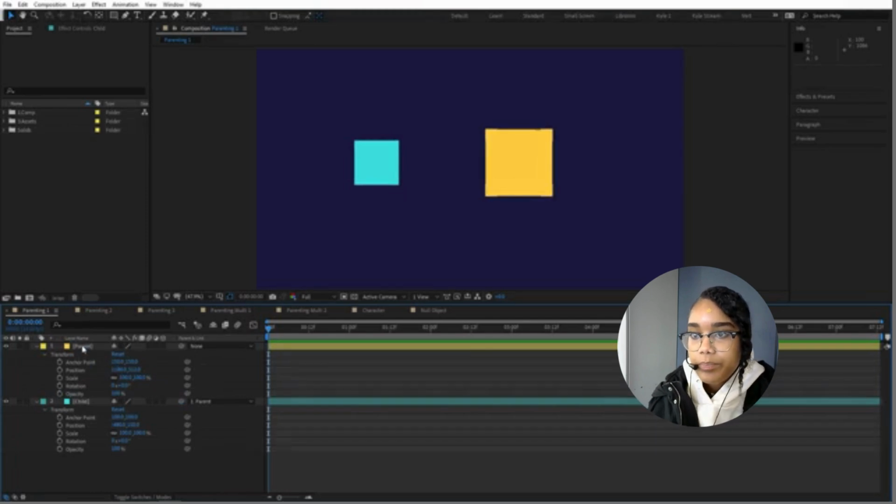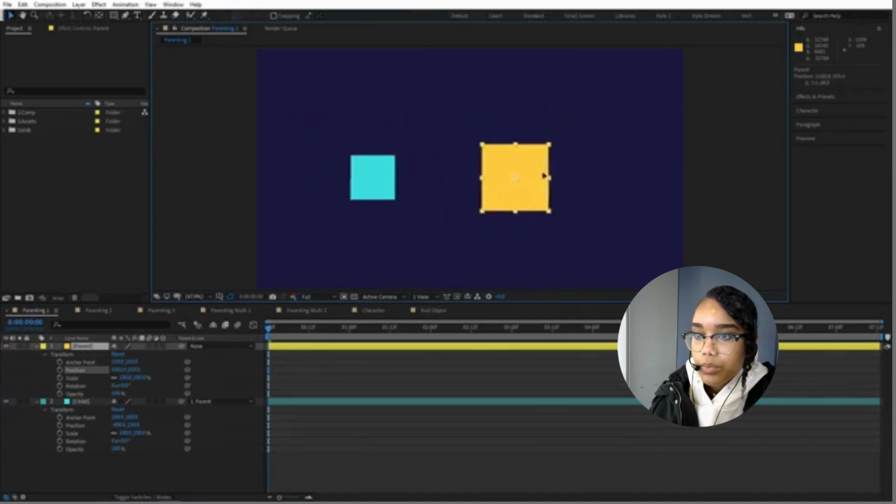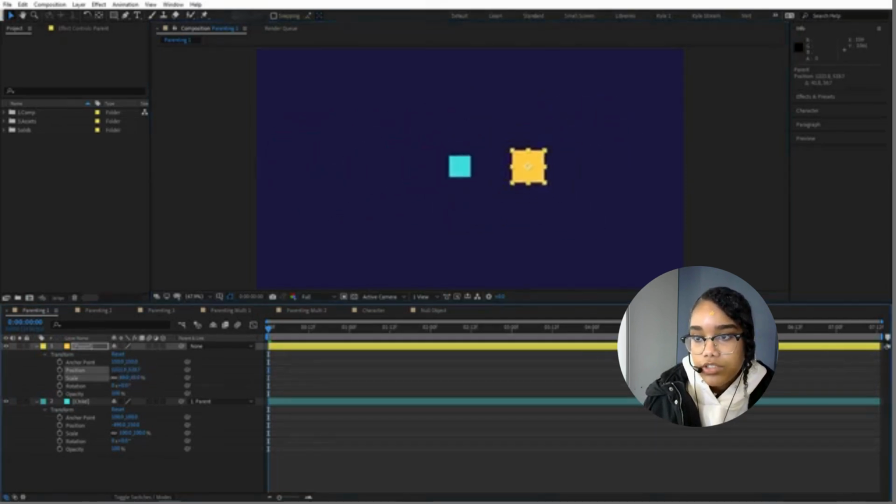Now when I move the yellow layer, the blue one comes along for the ride. This also applies to scale and rotation. So now all the transform properties of this layer